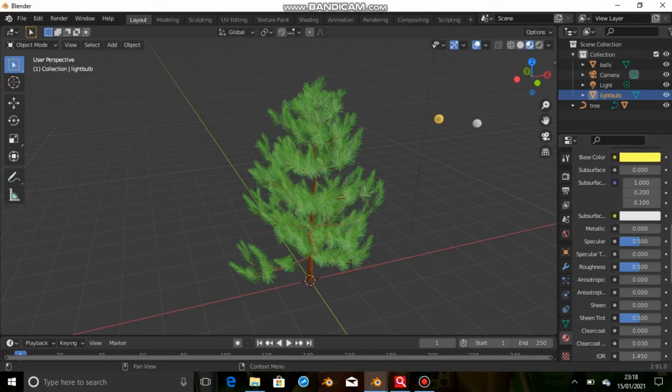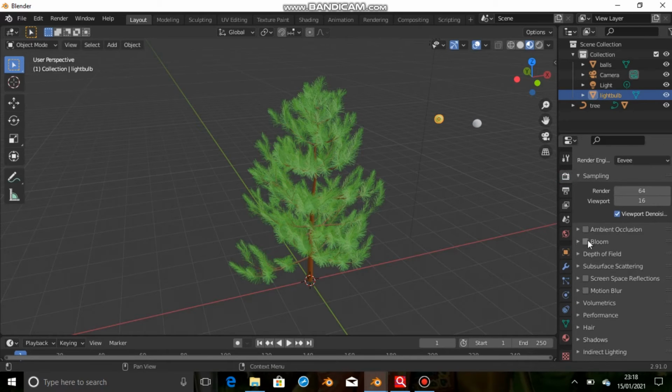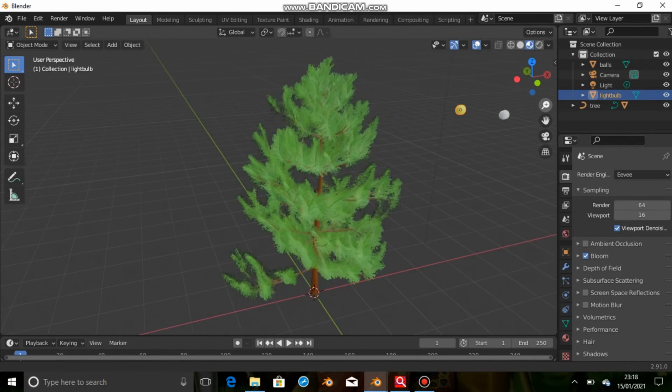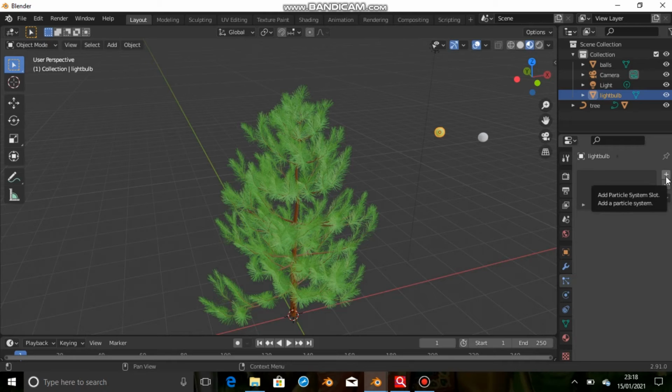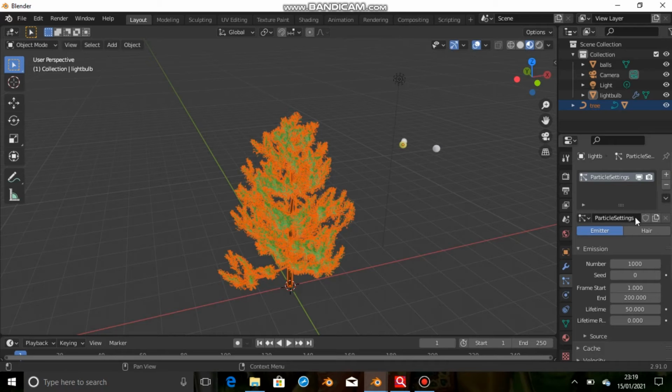Okay, now you can also duplicate that because we are going to add bubbles also. So Shift D for duplicating and move aside by pressing G. Okay, now you are getting two spheres, sphere 1 and sphere 2. So the first sphere I will name as light bulb, and the second bubbles or balls. Yeah, balls.